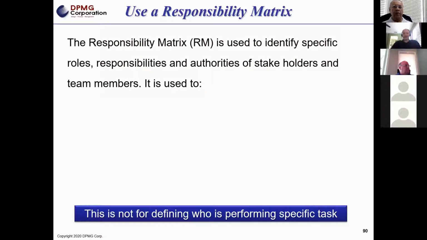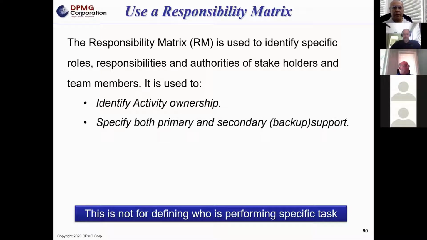So we use a document called a responsibility matrix. It identifies the roles, the responsibilities, the authorities of the stakeholders of the team. And this is, again, to identify who owns what task. When we say own, that does not equate to performing or completing the task. They are, although, responsible to ensure that that activity or task gets completed in the time frame established in the